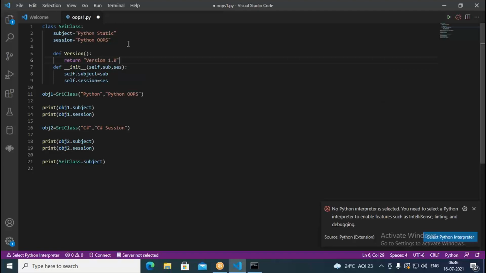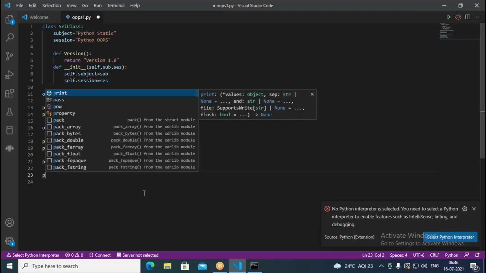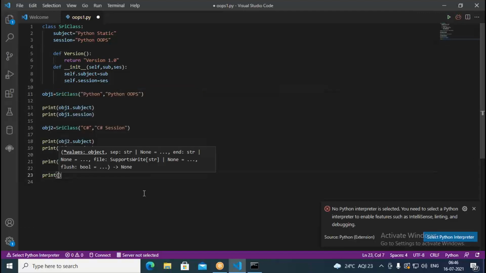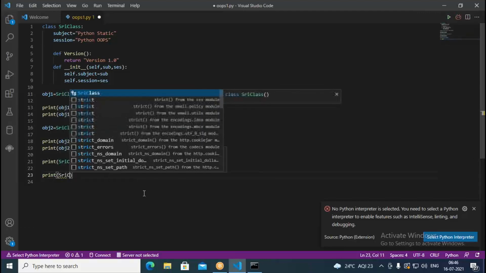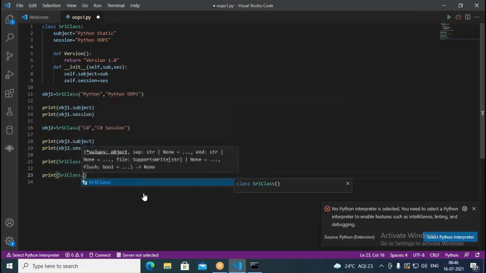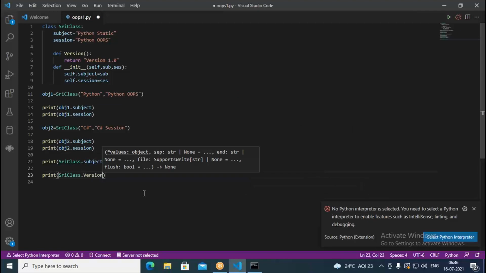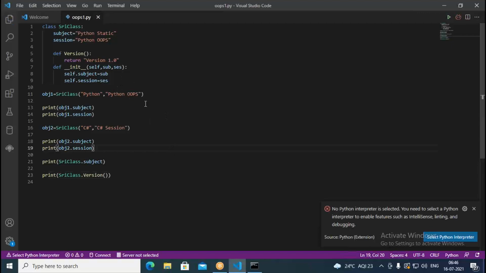Okay, version 1.0 I'm saying. Now when I print, how can I print it? Using the class name I have to print, not the method name. So I should write print, then Sri class dot version. In that case, it is going to print version 1.0.